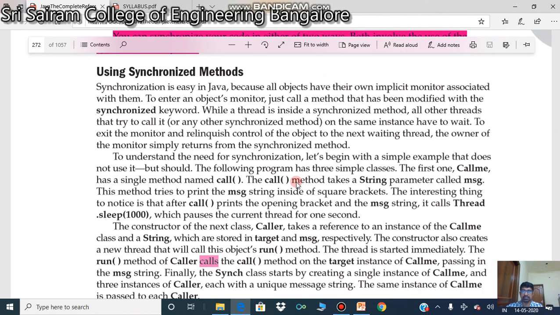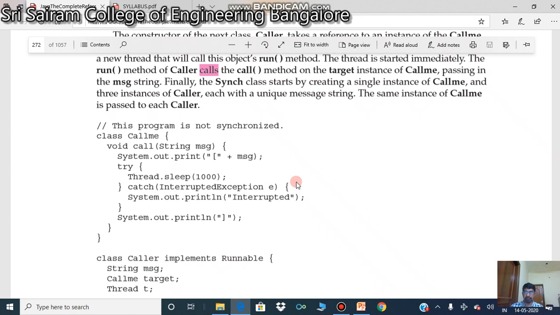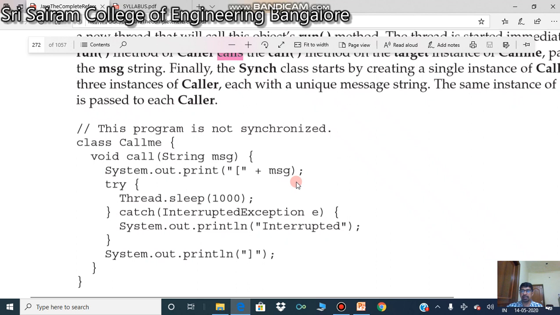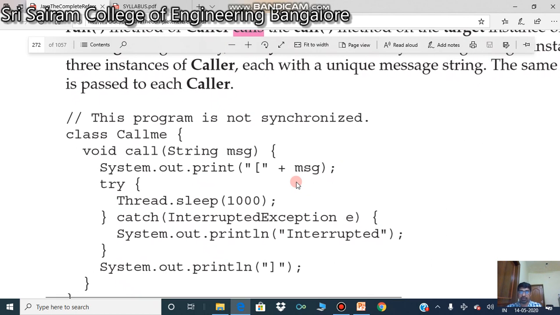Before we see how this works, let us see a small program without synchronization. As the heading says, this program is not synchronized. The meaning is very simple. More than one thread can access a single method. Normally we call this a race condition. They will be competing with each other to execute or access a single method. In operating system language, this is known as a race condition. So let us see a program without using the synchronized keyword.